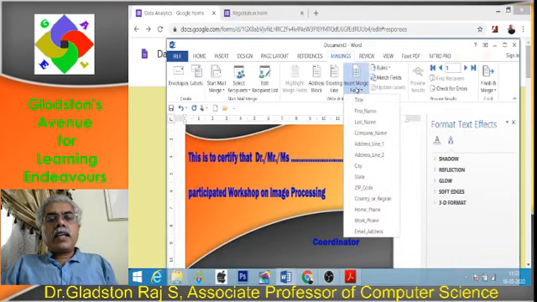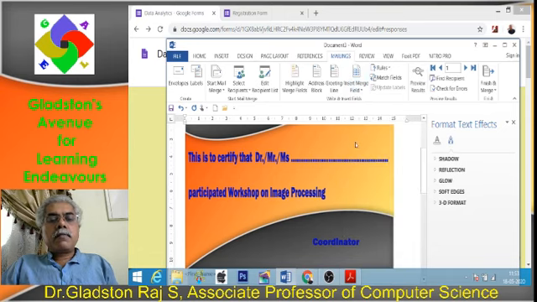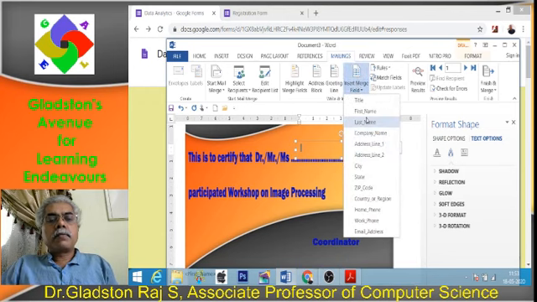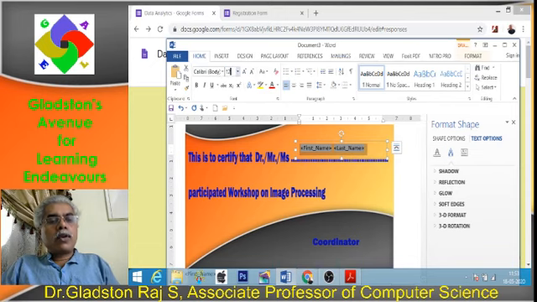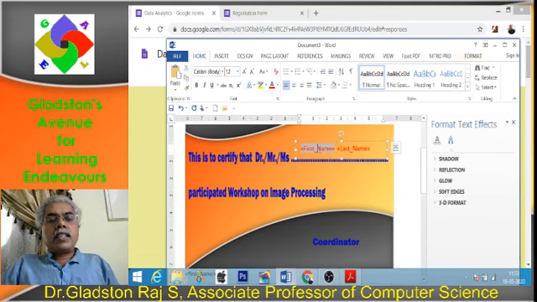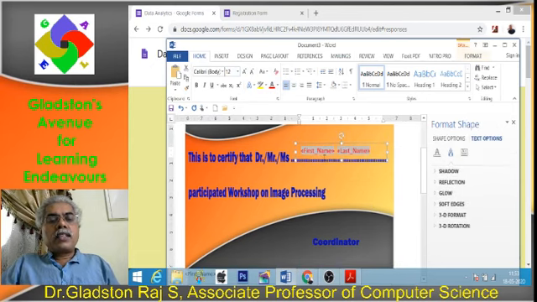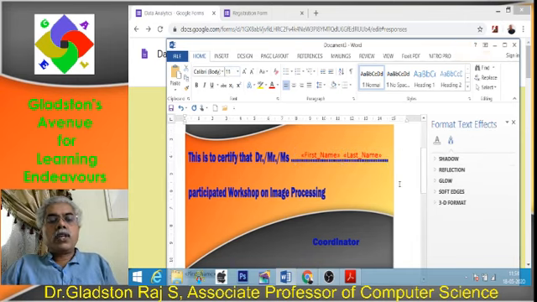Then I want to insert first name here, insert first name, seen. Next, merge second name. After that I have to print the second name. I want to change the size, whatever you want to make. I want to change the color, everything you can make. Now at this place, after mail merging, you can see the names of all participants will be printed. I am changing the size to 14 so that it will become bold.